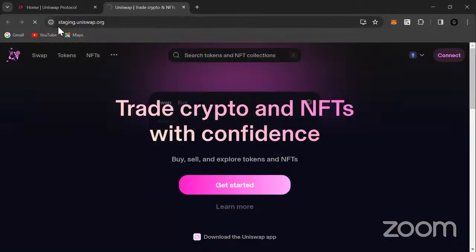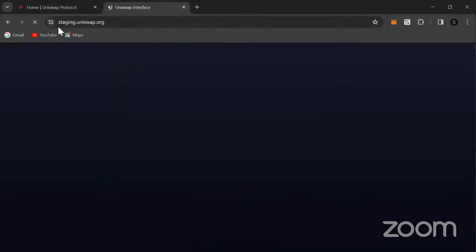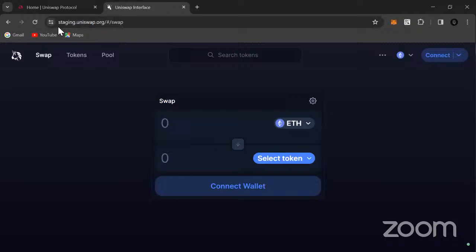The staging.uniswap enables you to interact with the testnets. Remember, we have test tokens, so we have to interact with the testnet. The testnet is exactly the same thing as the mainnet, so anything you do on the testnet, you can do the same process on the mainnet. So yeah, this is the staging area.